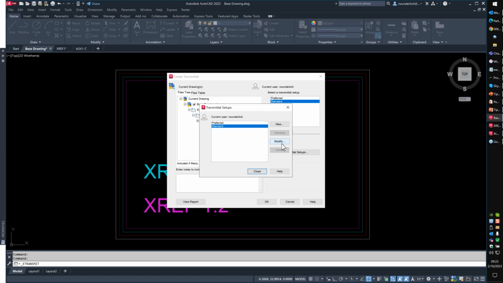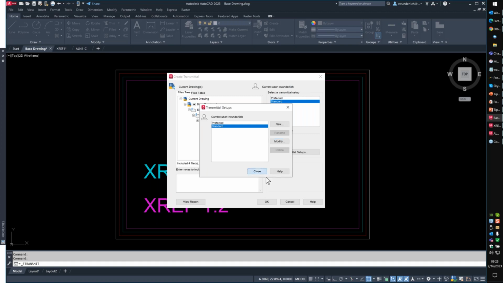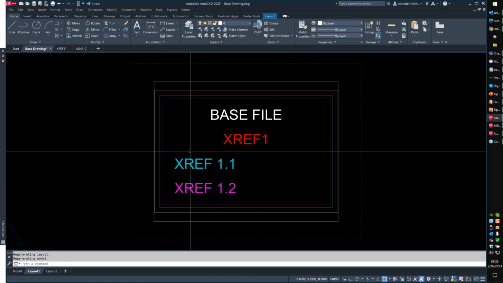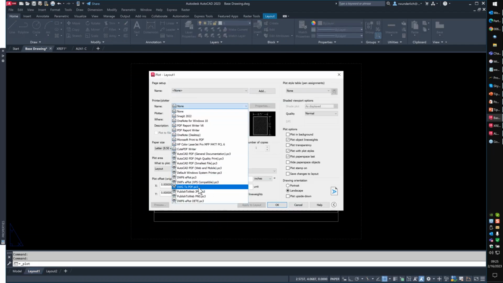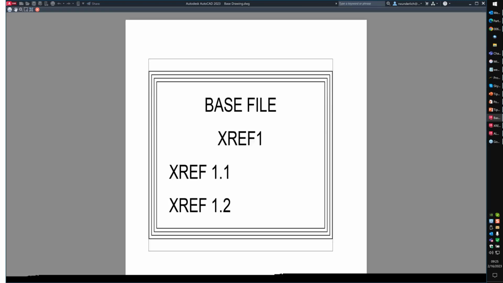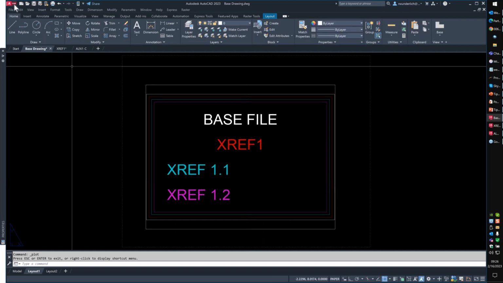So if I come back into my transmittal setup and I modify, and I say include, I haven't set up these to plot at all, which is why it's not giving me any plot configuration data, but it can show up. So if I cancel out of this, let's go to my layout and I'll go to plot, and I will set DWG to PDF, and I will set this to my monochrome, apply to layout, and cancel. Now when I go to eTransmit,